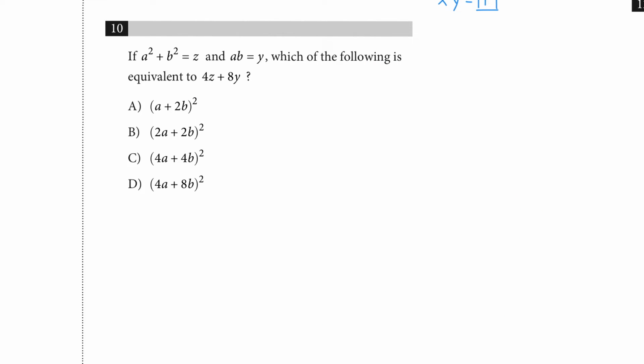Okay, we're on number 10 now. And number 10 says if a squared plus b squared is equal to z, and a times b equals y, which of the following is equivalent to 4z plus 8y? Now, the answers are in terms of a and b, so we want everything in terms of a and b. We have a squared plus b squared is equal to z. We're looking for 4z, so 4z would be 4 times z. Well, z is just going to be a squared plus b squared